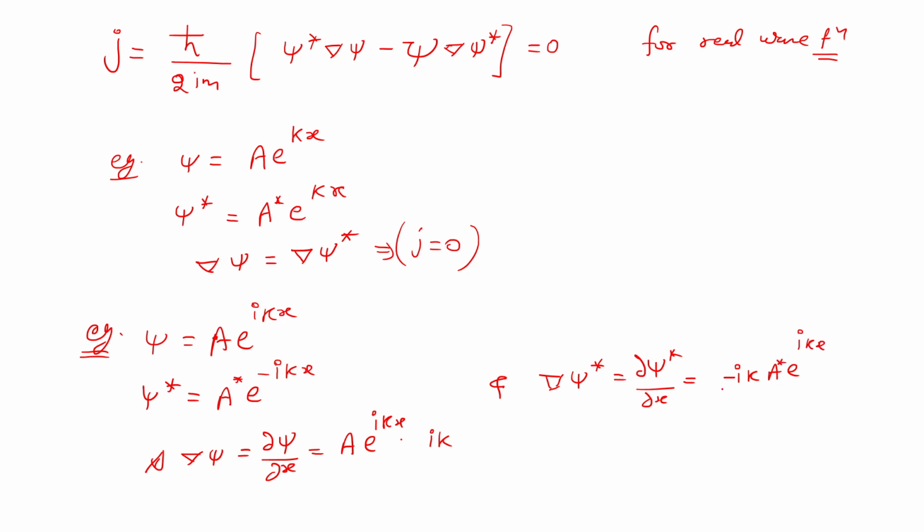But this negative sign, if you put it here, will become positive and this will give you a non-zero value. So I am writing in the next slide that J will become h cut over 2 iota m